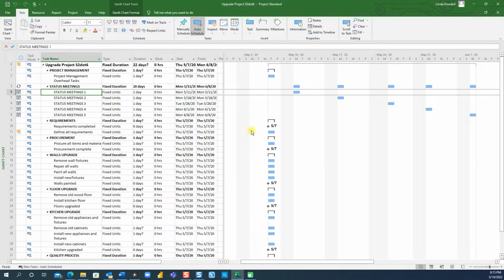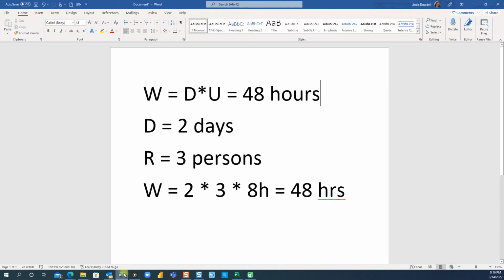Now, once you begin assigning resources to tasks, Microsoft Project is going to take care of the calculations, and it's going to calculate the work column in hours based upon the following formula. I'm going to take you to Word very quickly. So this is the formula. It's going to determine the work hours by using this formula: duration times units. Duration, for example, if you have a duration of 2 days